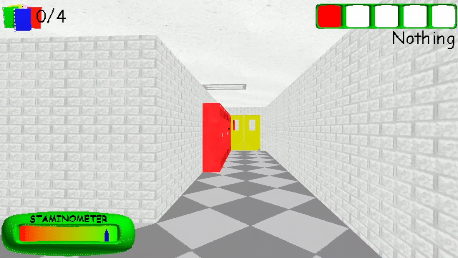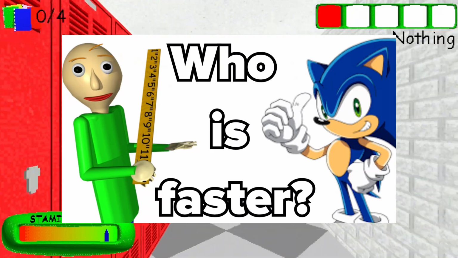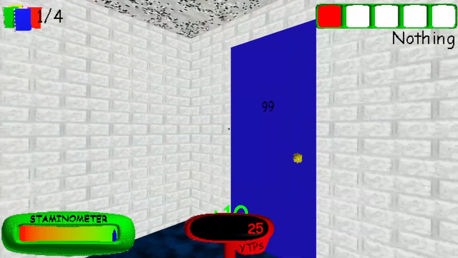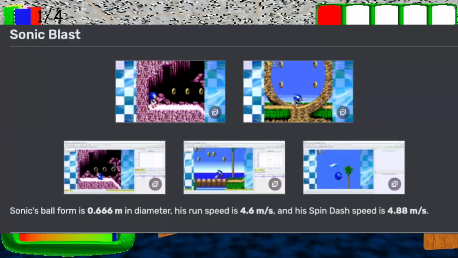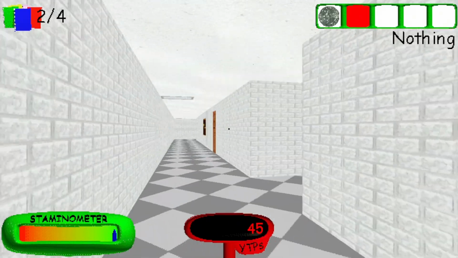So, the first thing that I did was try to figure out the speed of Sonic. I wanted the race between Sonic and Baldi to be close, so I looked all over the internet for the slowest Sonic game, and I found Sonic Blast. I looked up how fast he goes in the game, and I found this fandom that says he goes 4.6 meters per second, but I couldn't find any evidence to back up its claims, so I decided to take it